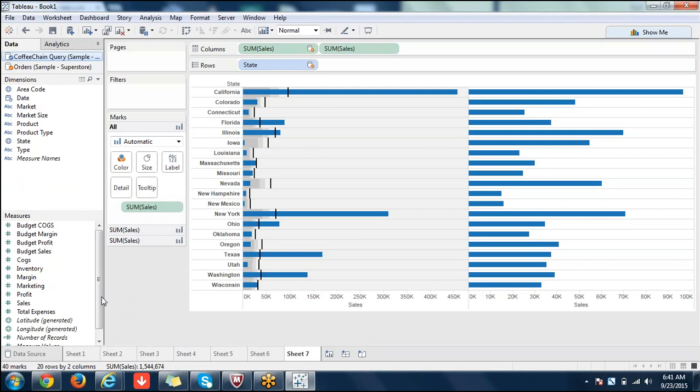To compare sum of sales from coffee chain to sales from Superstore. If your customer has business from two different domains like coffee chain and Superstore, where one can be furniture and one can be retail. So one can be oil business or something, or other can be retail business. So in such scenarios, you can compare sales from both different data sources and you can present to your customer. In such scenarios, blending can be used.